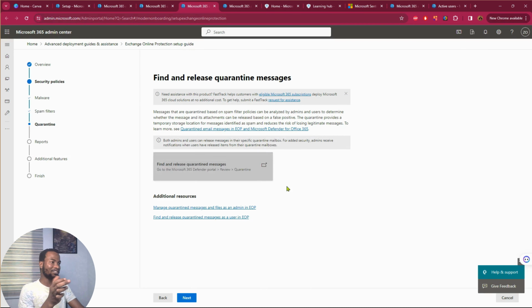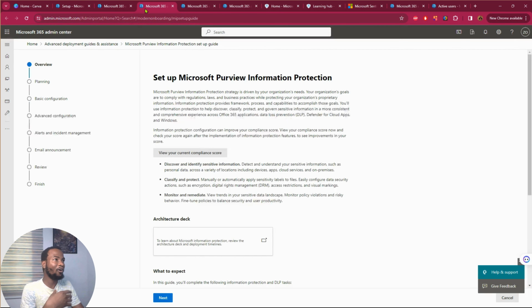This is quite interesting and very easy for administrators to navigate through and to have a quick understanding and grip about how to go about stuff within Office 365, right? So this is for Microsoft Purview Information Protection. As usual, it gives an overview, shows the planning and what to expect. If you want to click on next,